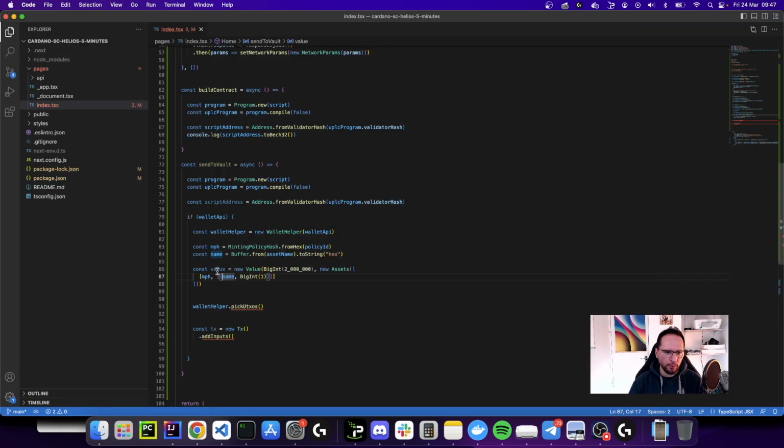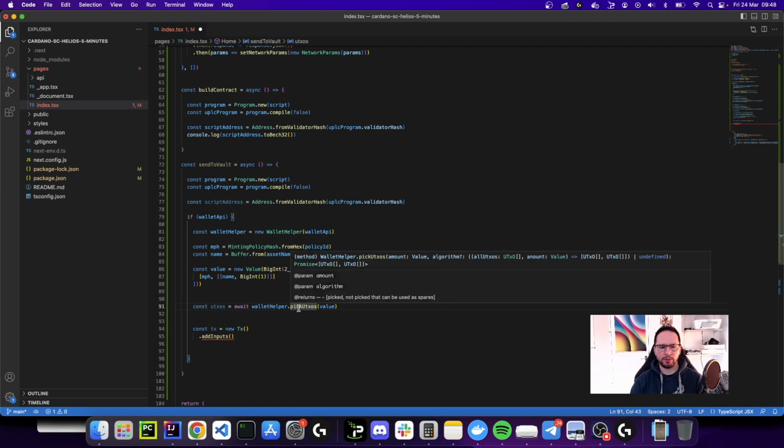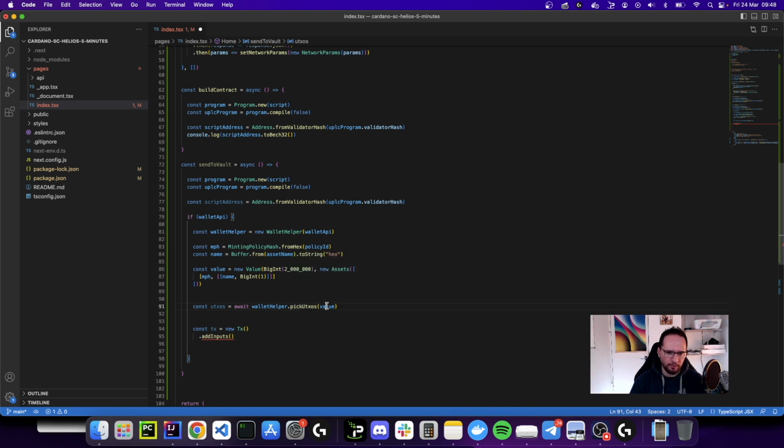So in order to do so, we want to select the UTXOs that contain this thing. We have a nice facility. Again, this returns a future, so we're gonna go like await const UTXOs. So whenever we call the pickUtxos it returns all UTXOs available in the wallet, but split in 2 parts. A list of UTXOs that satisfy the requirements that I just passed in for the value, and then there are all the other UTXOs. So this is really important because we can use UTXOs 0